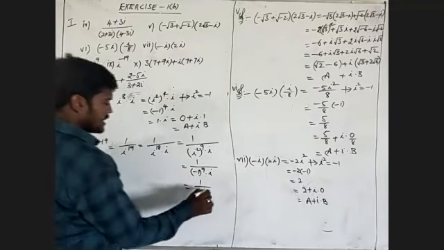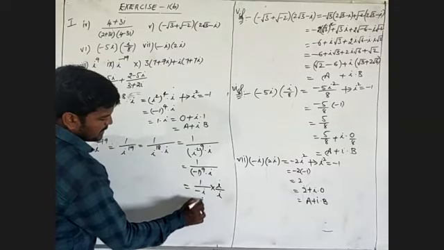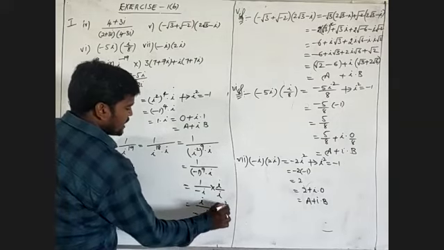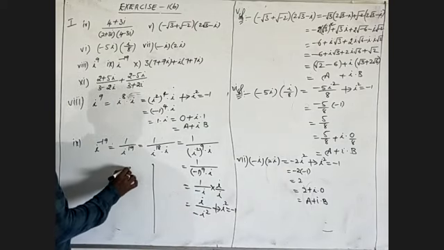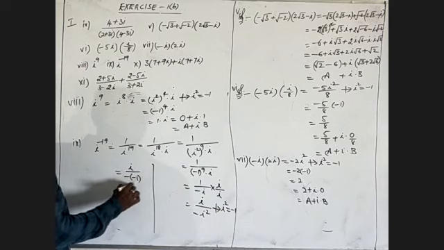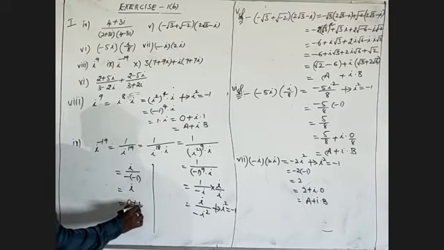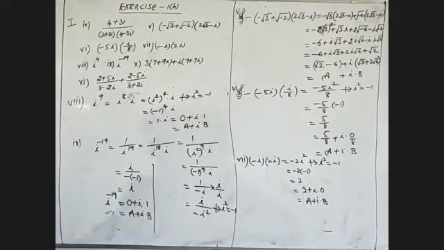Here we rationalize the numerator and the denominator with i. 1 into i becomes i by minus i square, where i square becomes minus 1. That is i by minus of minus 1. This must be i. This must be written as 0 plus i into 1. Then it is of the form a plus i b. This is the value of i power minus 19.